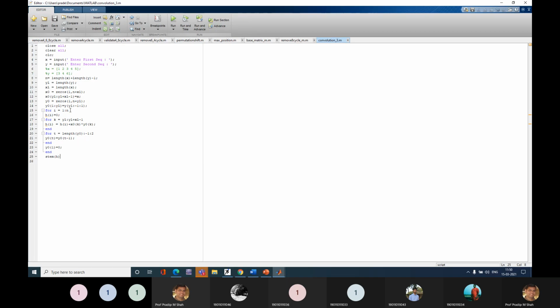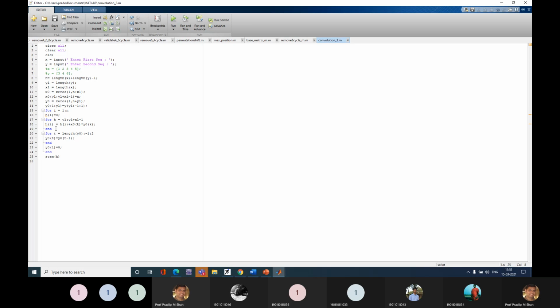So this is the first for loop, 1 to n. Here we are not going to the negative side. We are starting from 1 to n. A for loop will never start from negative values or zero. So that's why we need to define it from 1 to n. And initially we assume that your output is 0. Okay. Now let me take the second for loop.